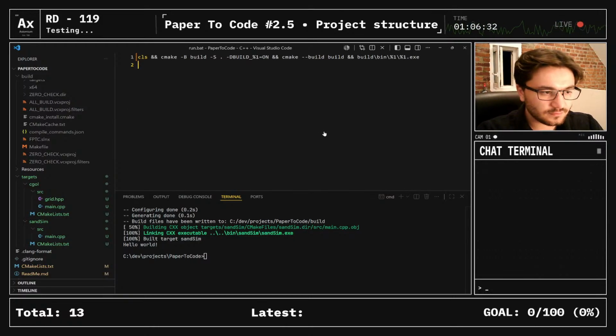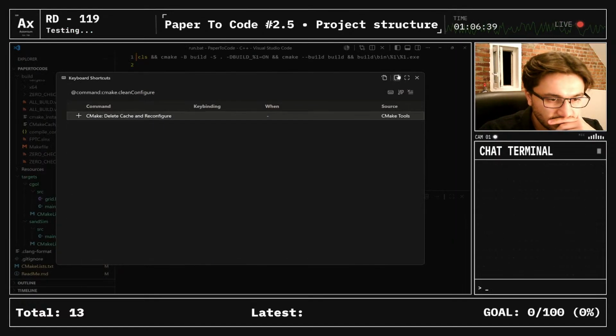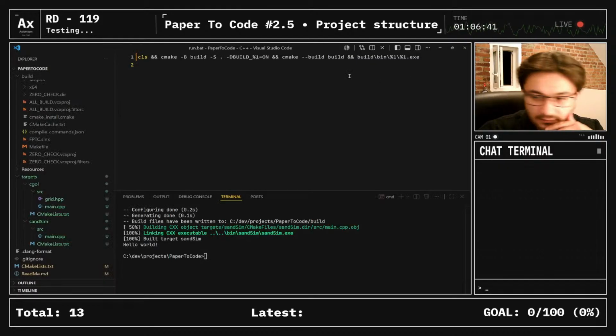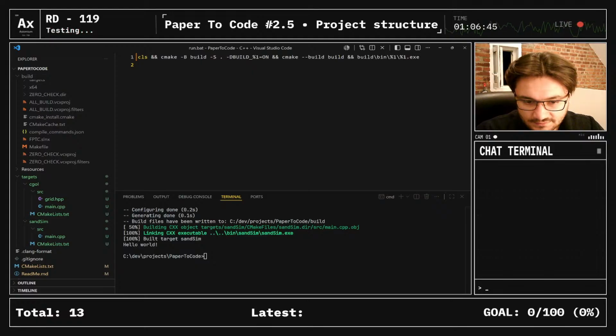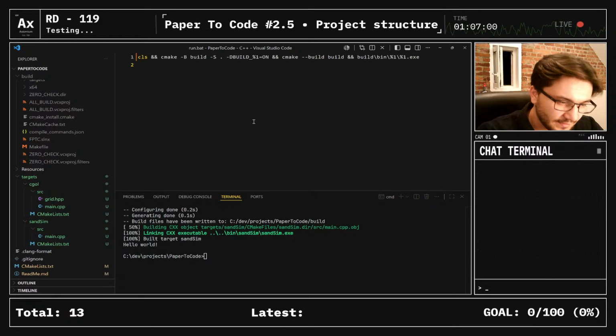What does like delete cache and reconfigure, like which command does? No clue. Okay, well, in any case,